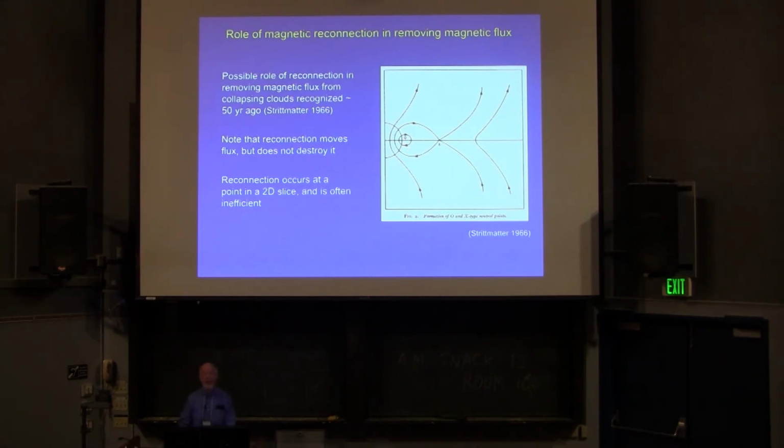An important thing to keep in mind about reconnection is it moves magnetic flux, but it doesn't actually destroy it. A lot of times in the literature, you will see statements to the effect that reconnection can destroy flux. It can't, but it does enable you to move it out. Another thing to note is that in this idealized picture, all the reconnection is occurring in this X point. That's a single point on this two-dimensional slice. If I went ahead and said, what happens in 3 dimensions? Well, that just gives you a very thin ring. So all the reconnection is occurring in a ring, and because the volume of that ring is so small, it really limits the amount of reconnection that can occur.